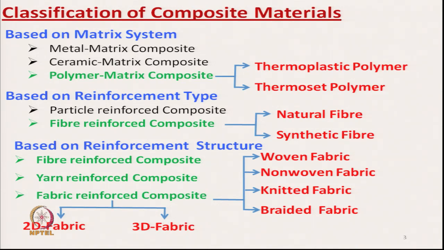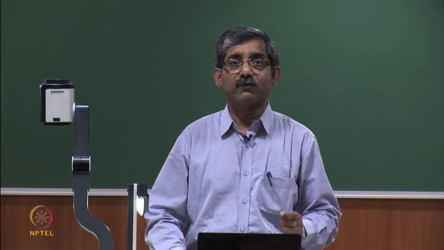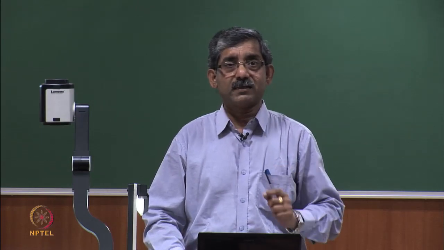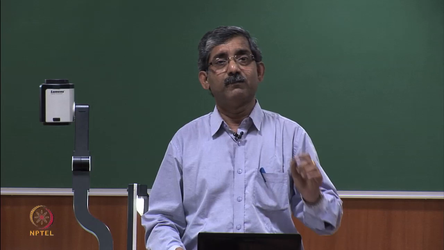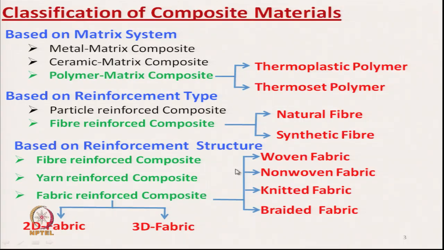Based on reinforcement structure, these are subdivided into three broad categories. First one is the fiber reinforced composite, where we directly use loose fiber and mix it with the matrix material to get the fiber reinforced composite. And next is yarn reinforced composite. Yarn may be twisted yarn, filament yarn, staple yarn, different types of yarns. So, yarn reinforced composite, and third one is